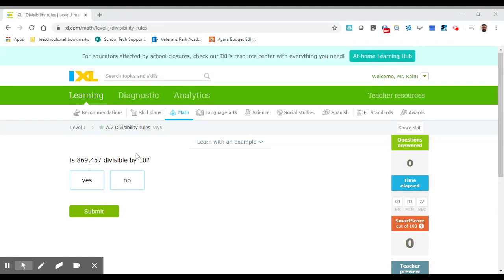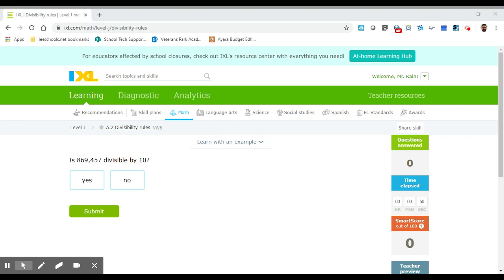Okay, the topic we're working on is called divisibility rules. The code is VW5, 8th grade IXL. And we have this question: is 869,457 divisible by 10? So, with the divisibility rules, you just need to know by looking at a number, you